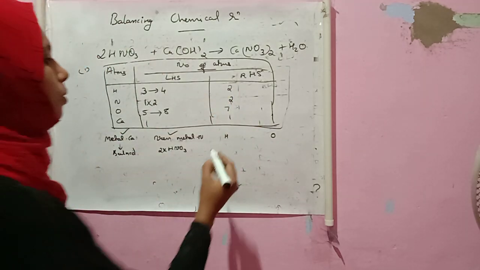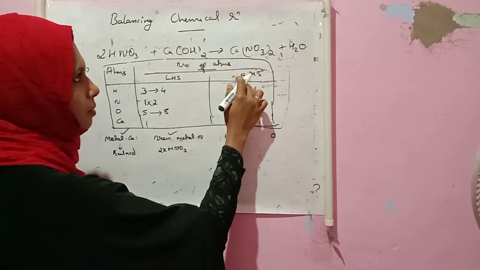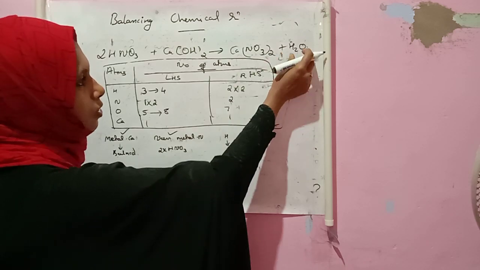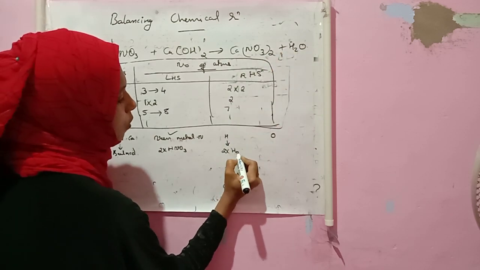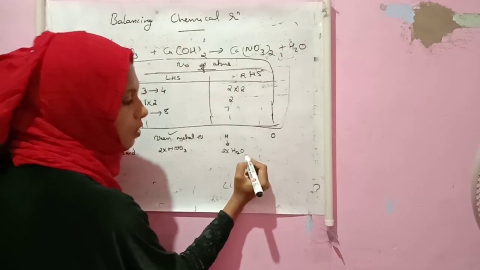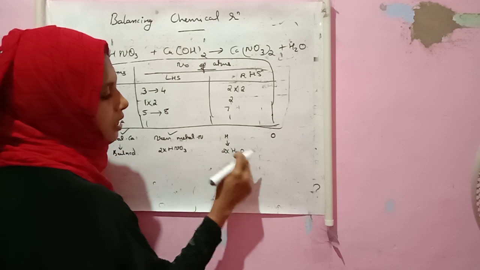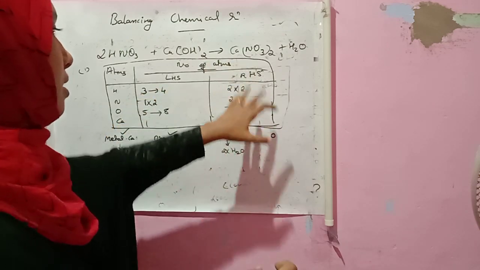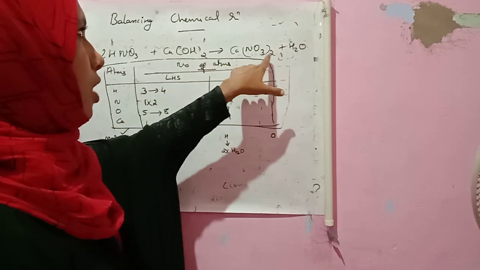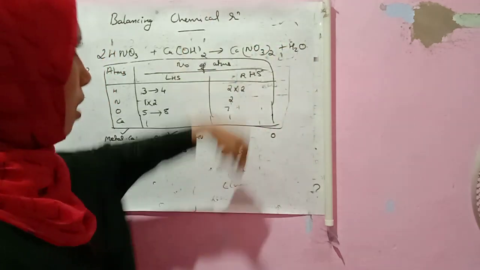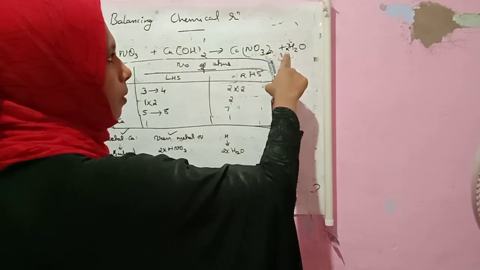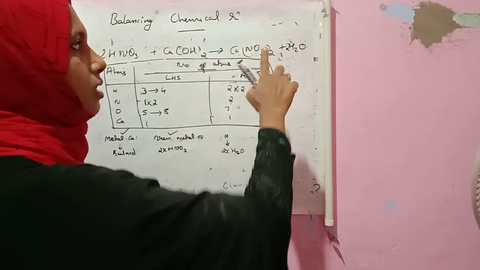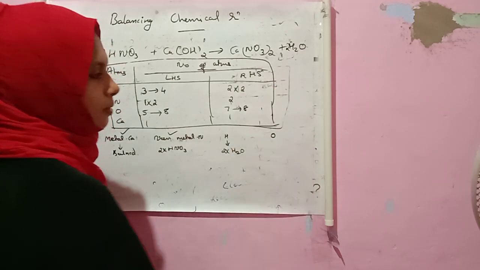So what should we do? This 2 into 4 means this hydrogen is multiplied by 2. 2 into 2. So hydrogen multiplied by 2 means this compound is 2 into H2O. Hydrogen is not alone here. Oxygen is with this, so there are some changes in case of oxygen inside the RHS. Previously here 7 oxygens were there: 3 into 2, 6, plus 1, 7. But now it is changed. On multiplying by 2, 3 into 2, 6, plus 2 into O, 2 oxygen, that is 6 plus 2, 7 is changed to 8.